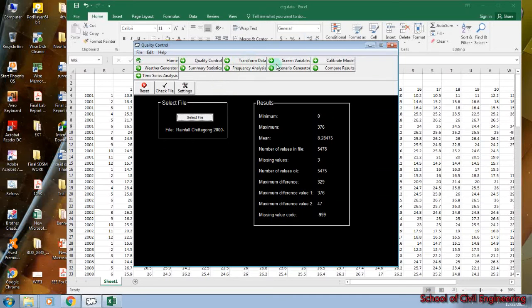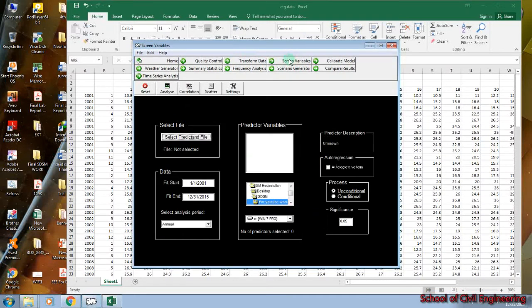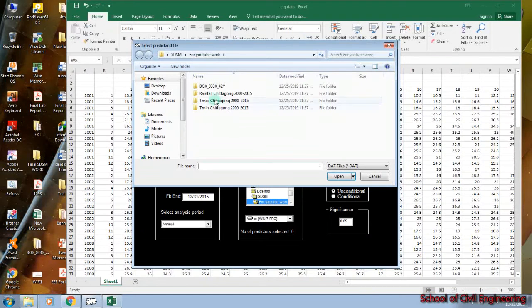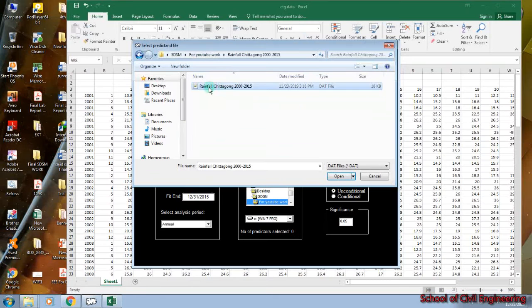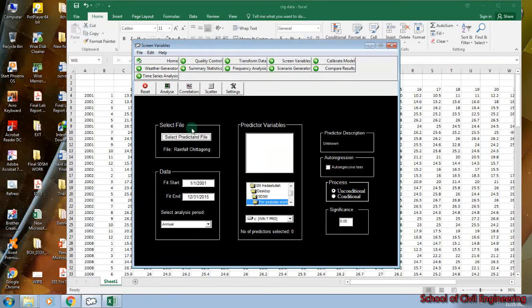Then we have to go to screen variables. In here, at first we have to select the file, or dat file, from rainfall Chittagong, open. Then we have to give our date. It's given as default as we have saved in settings. Then we have to set here annual. And one thing, from predictor variables,